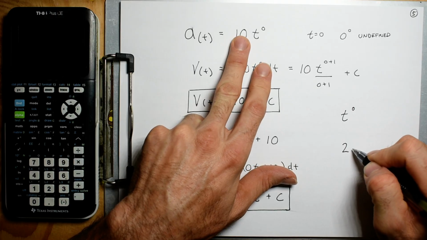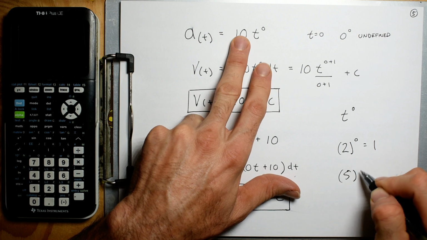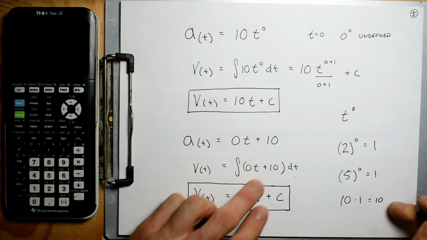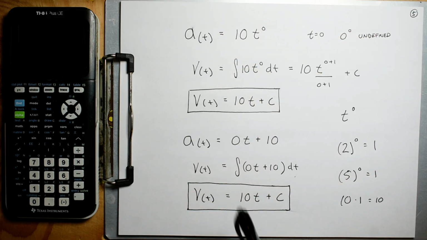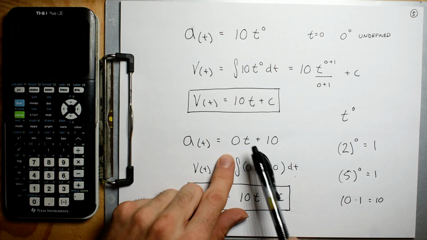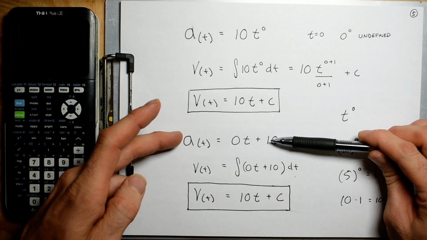How about at 2 seconds? 2 to the 0, that's 1. How about at 5 seconds? 5 to the 0, that's 1. And then 10 times 1 is 10, so the value is always that constant. If I input any value of time in here, well, obviously the 0 cancels it out, and then we have that y-intercept of 10. When we integrate this,